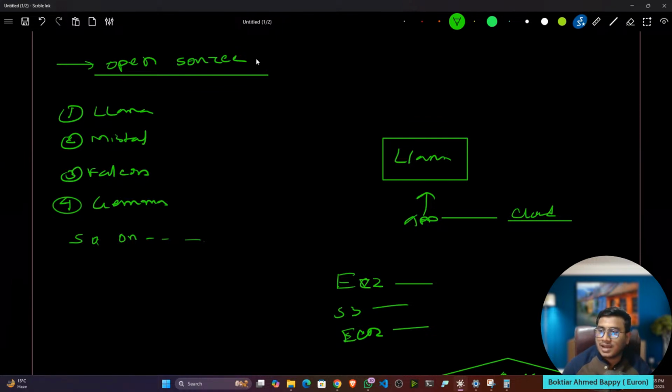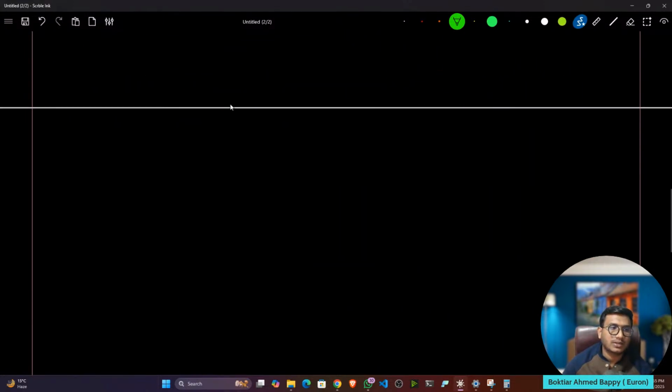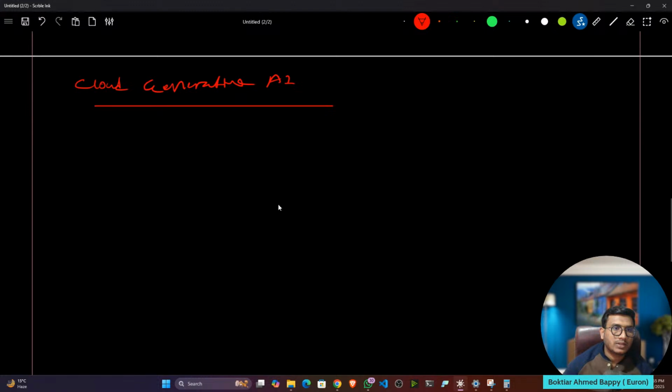But in case I want to use any other model which is also good, also very powerful, like multimodal and all, what to do then? To solve this issue, our GenAI cloud comes into the picture. We have something called cloud generative AI. There are different big tech clouds, like AWS, GCP, and Azure. What they did is introduce generative AI platforms.